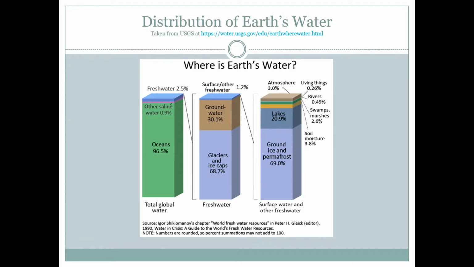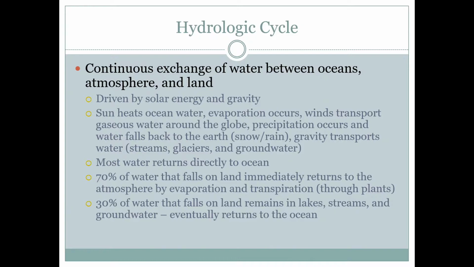And you break that fresh water down, you see most of the water, 68.7% of fresh water, is in glaciers and ice caps. Isn't that crazy? Only 30% in groundwater, and surface water only accounts for 1.2% of that fresh water. Break that surface water down, and you can see that ground ice and permafrost contains almost 70% of that water. Lakes are only 20% of that 1.2%, which is the 2.5%. You see how it goes. In other words, freshwater lakes and streams and stuff are only a tiny fraction of the water at the surface of the Earth. Most people don't realize that.